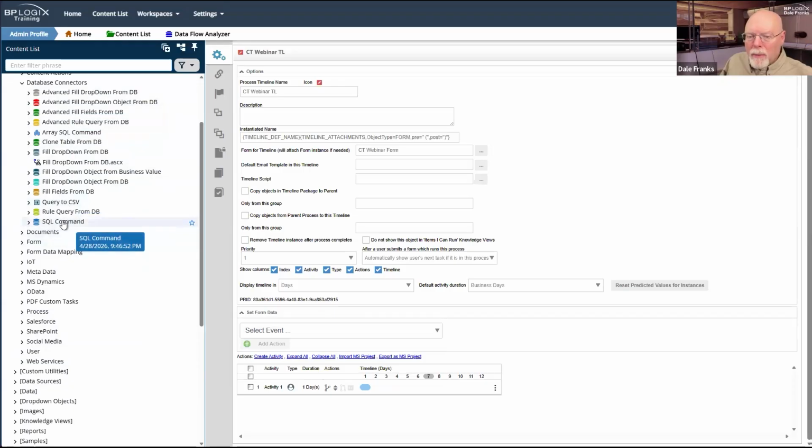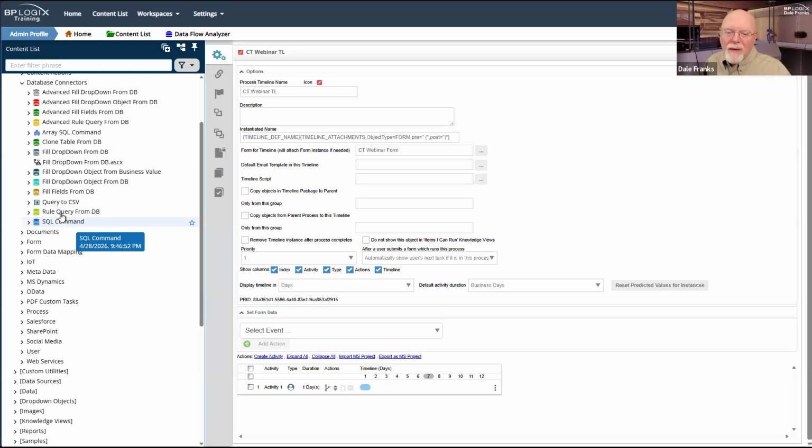The one place where that falls down is the SQL command custom task. So let me step back. Here's how we handle SQL in Process Director. We're going to take whatever SQL statement you give us, and we're going to send that off to SQL Server. We don't care what you are going to tell the server to do. We're just going to take whatever you say you want done, and we're going to send it to SQL Server, and magic is going to happen. That means that you have to be real careful about the magic you invoke.